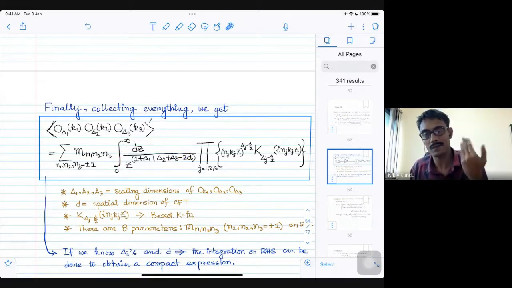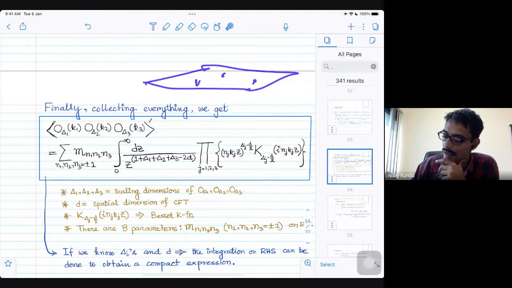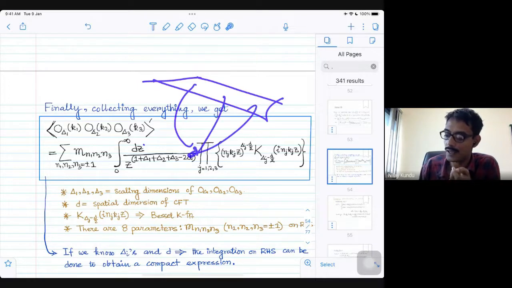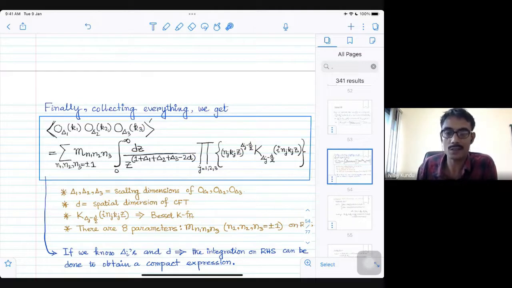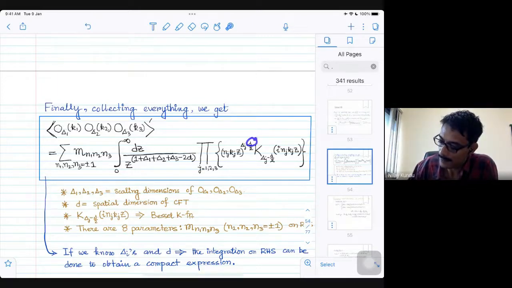If you have the de Sitter picture in mind, you can see that the three Bessel functions are exactly the bulk to boundary propagators, and z is the bulk point which should be integrated over the full de Sitter space. But we don't need to mention that. This is just a mathematical statement that this is the solution of the Ward identities, scaling and special conformal transformation, which I wrote before. Now if I put d equal to 3 and delta equal to 3,